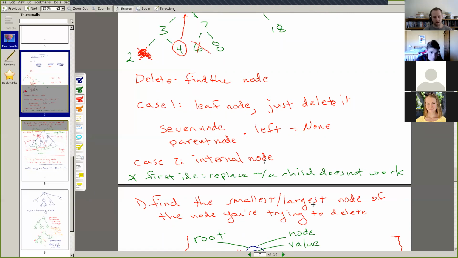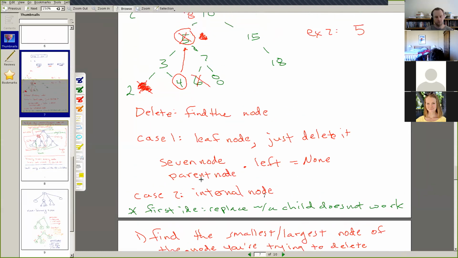So you find the smallest, largest node, not of the node you're trying to delete, but of the smallest node of the right subtree, or the largest node of the left subtree.